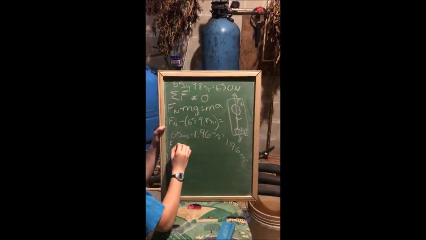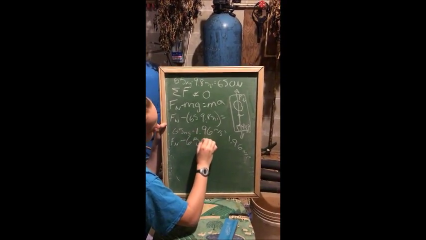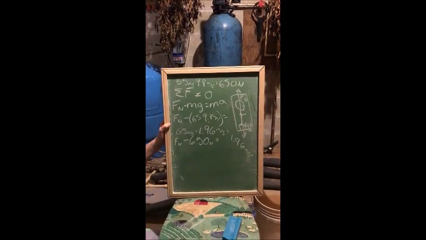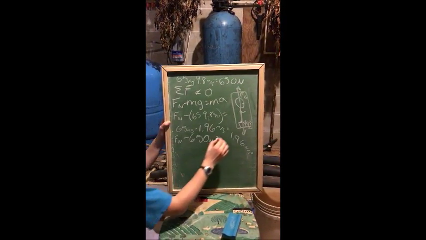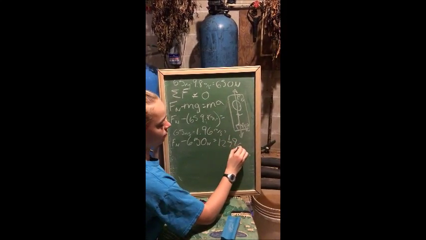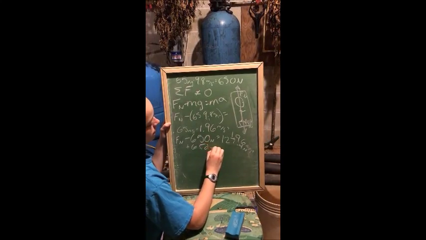Then you have normal force minus 650 newtons is equal to 127.4 newtons. Add 650 newtons to both sides,